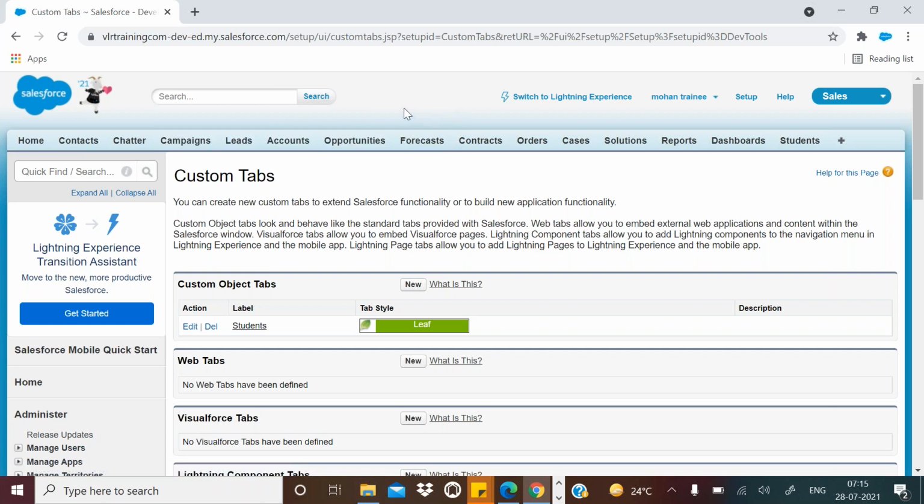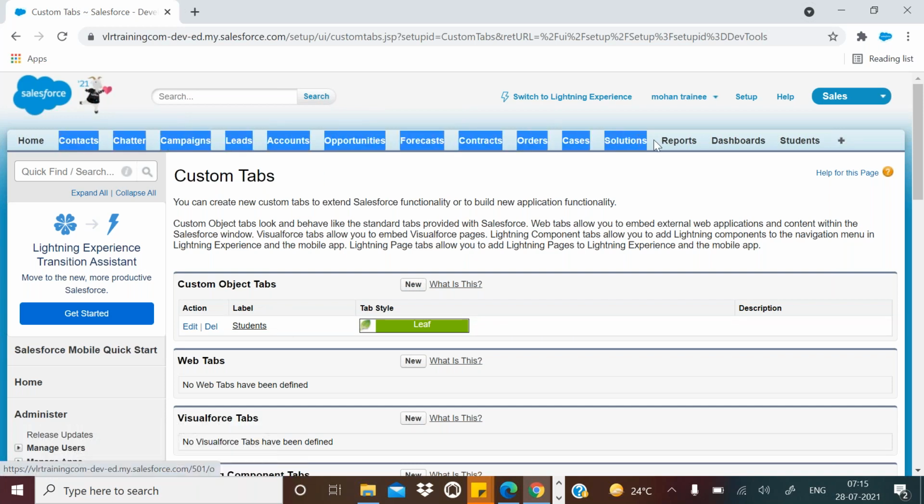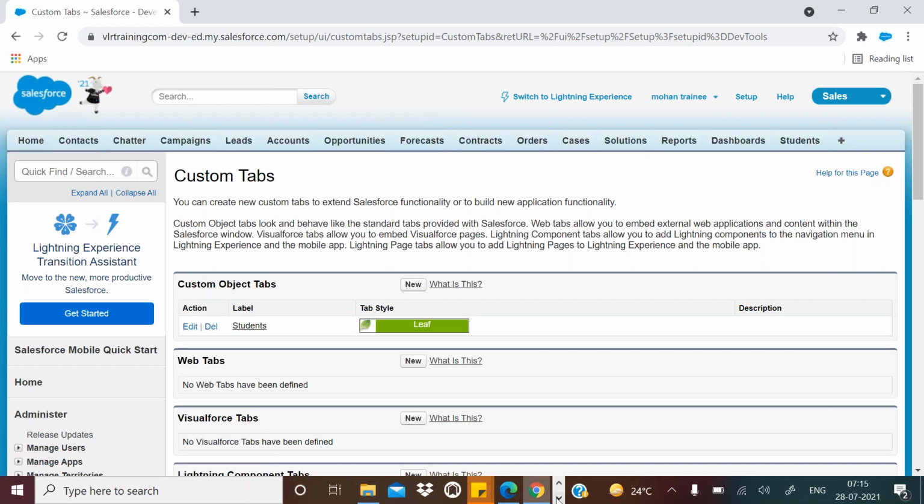Okay, for custom objects you can go to the custom object plural label name and you can change the label name. But for standard objects, the tab names are different. If you want to change the tab names for the standard objects, what you need to do is create a ticket with Salesforce and ask them to change these names. Okay, Salesforce will change these names for you; you can't change them on your own.